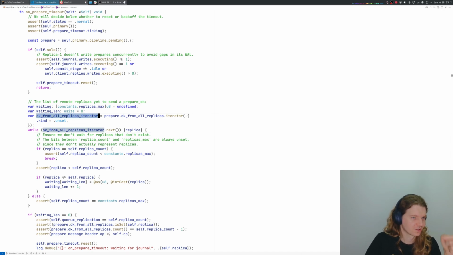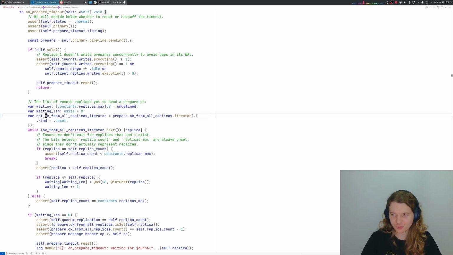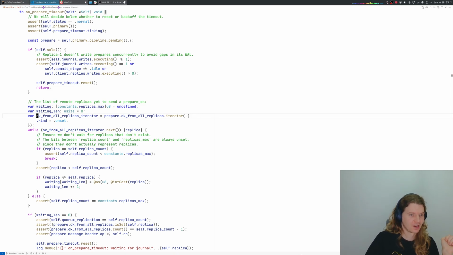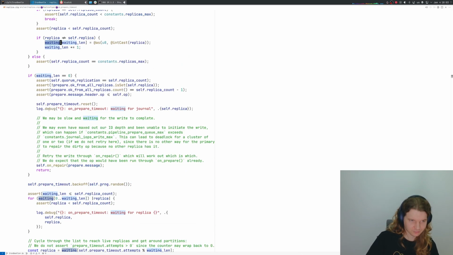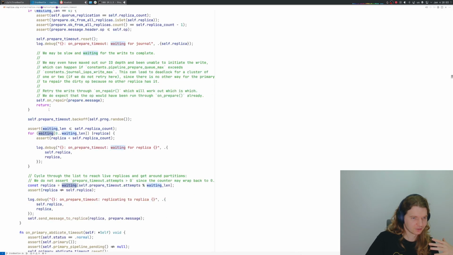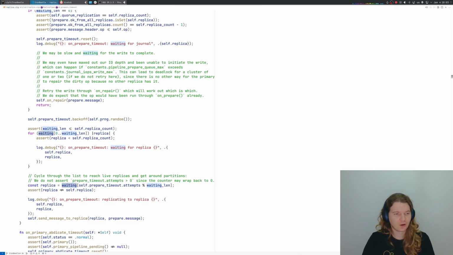Okay, that's just confusing. It says that all from all replicas iterator, but it's actually very much not okay, because we are looking for replicas which haven't sent us prepare OK, and we add them to this list of replicas which we should try to send a message to. Okay, and then we just pick